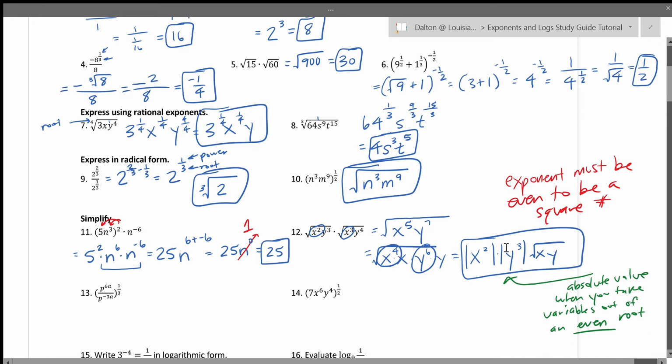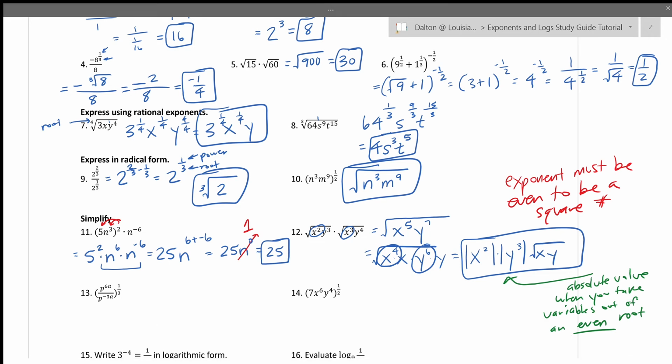So since we took out this x squared and y cubed from the radical, we put absolute value bars on them. Okay, number 13,